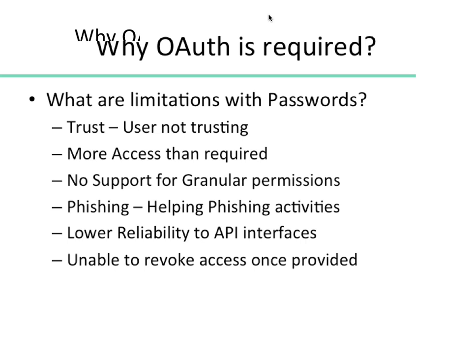So we have like 4 of us who are application developers. We've got different applications, and he shared his password with every one of us. And he doesn't trust me anymore for some reason, and he wants to revoke access for me. He can't do that. These are the limitations which you have, and that's why OAuth actually came into the picture